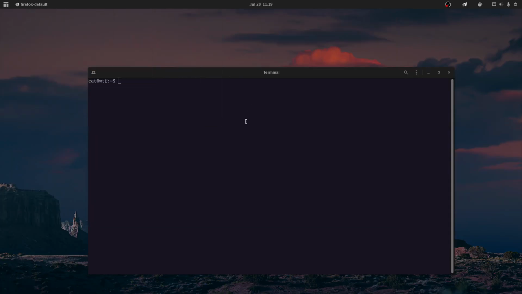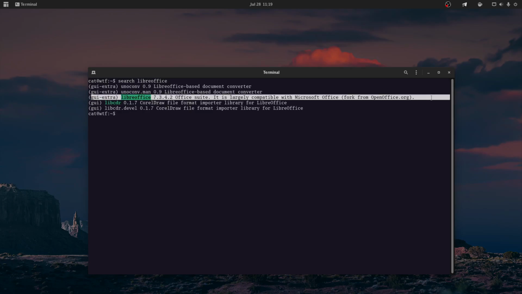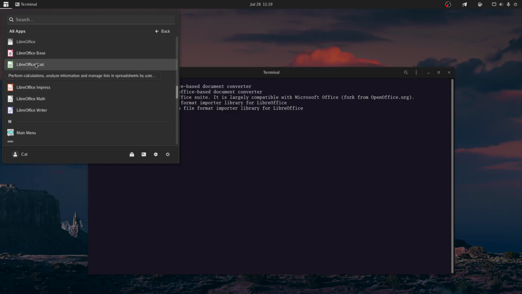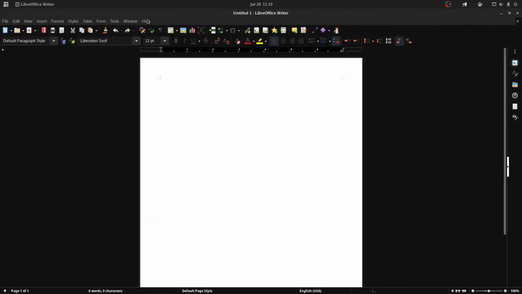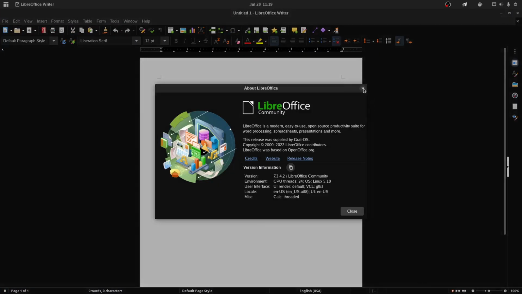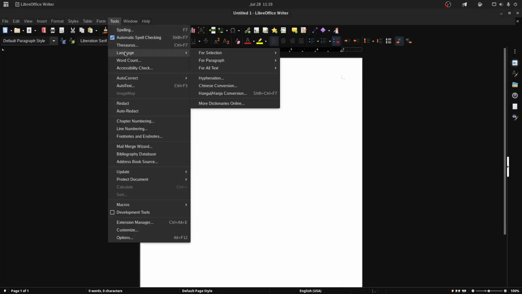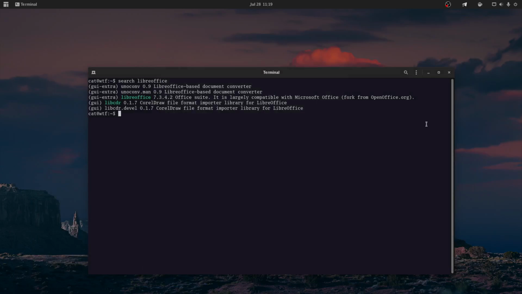For example, if I search LibreOffice, it doesn't display, but it comes with many language packages. And if you have a look, let's say I want to start writing. Okay, so as you can see right now, LibreOffice is in English, in American English. So this works great. Okay, what else? I would say